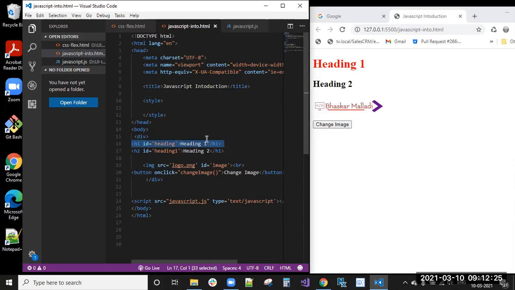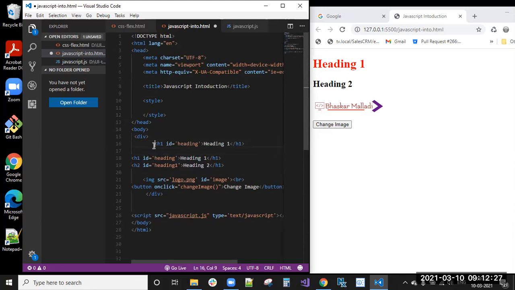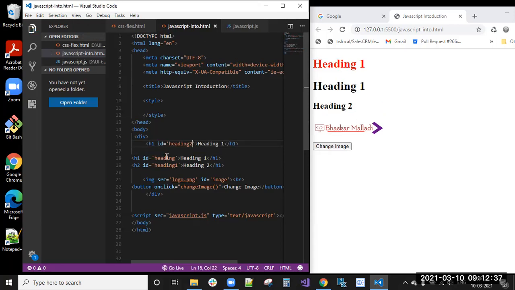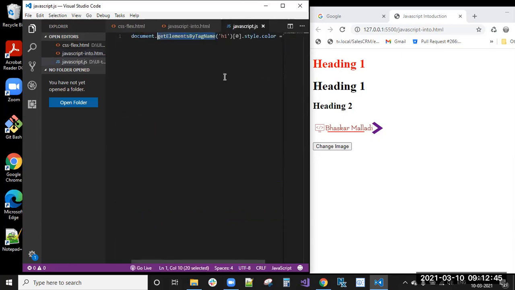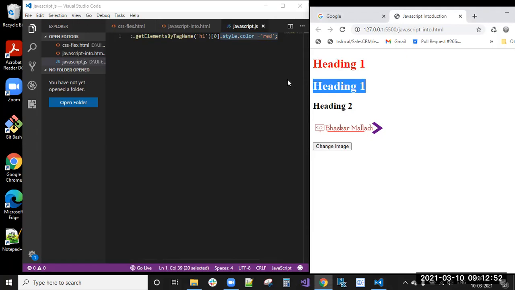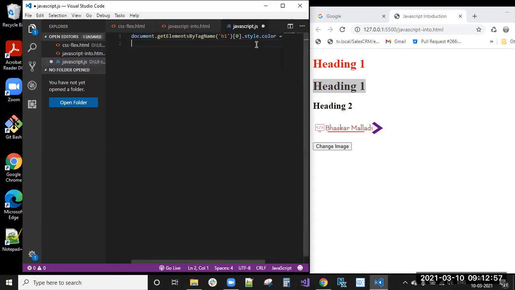What I'm doing here on the top, I'm keeping one more. I'm not using the IDs, right? So here we can keep the heading 2, but heading and heading 2 are both known as similar. Here H1 and this one also H1 only. Now heading 1, and I need to change this heading to one more H1, the second H1. But array elements are starting with 0. Because of that only I have selected the 0th element, which means the first element.